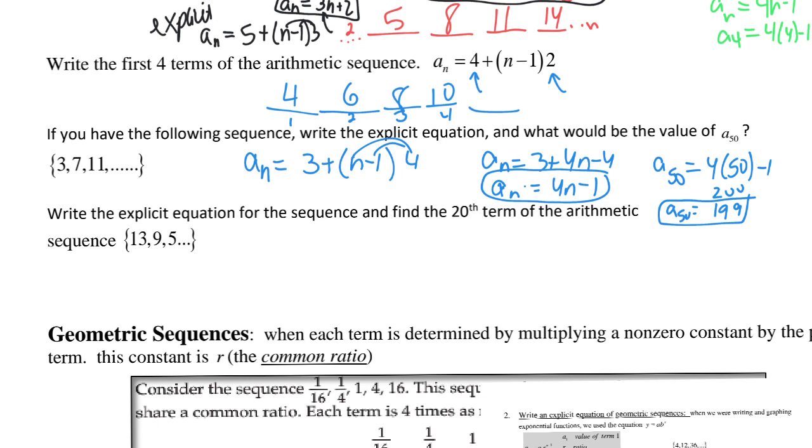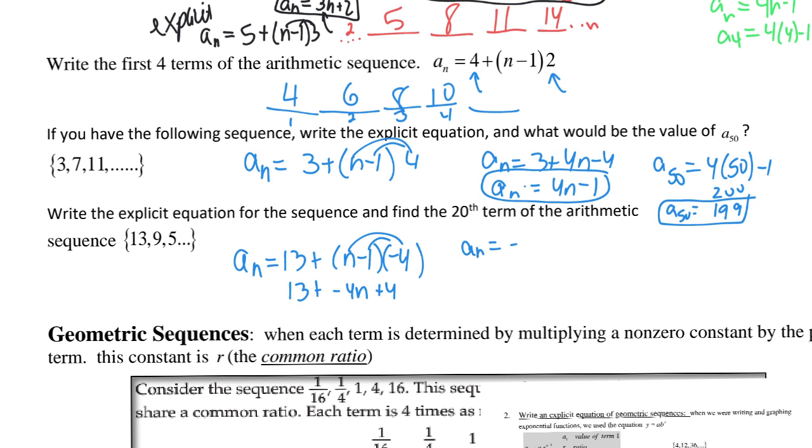Okay, write the explicit function for the sequence that you see and find the 20th term of that arithmetic sequence. Okay. So a sub n is equal to 13 plus, and then we do n minus 1, and then it looks like we are minusing 4 each time. So yes, the d value can be positive or it can be negative, okay? And the truth is this will work. We can also distribute this out, okay? And we can say 13 plus negative 4n plus 4,